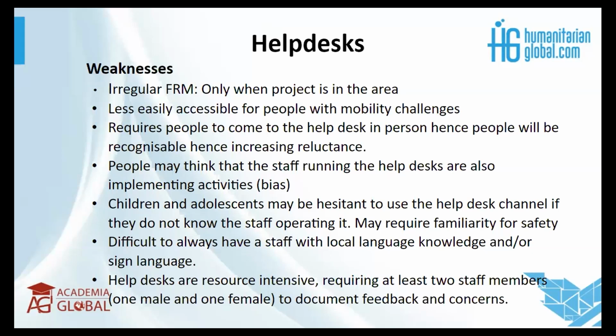Then secondly, it's also less easily accessible for people with mobility challenges, as much as it's in a central area and in an area where the community members often pass through or congregate. People with disabilities, especially mobility challenges, could still be locked out of this, especially those who are quite far away and are not able to be supported by their household members to reach the place. Then thirdly, it requires people to come to the help desk in